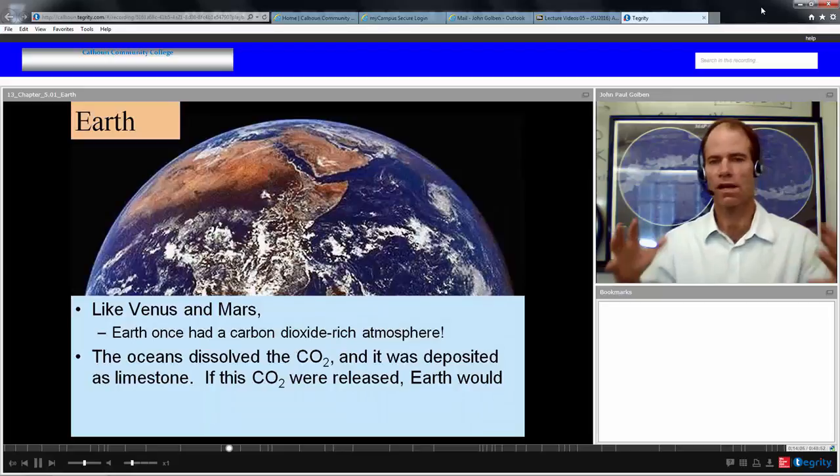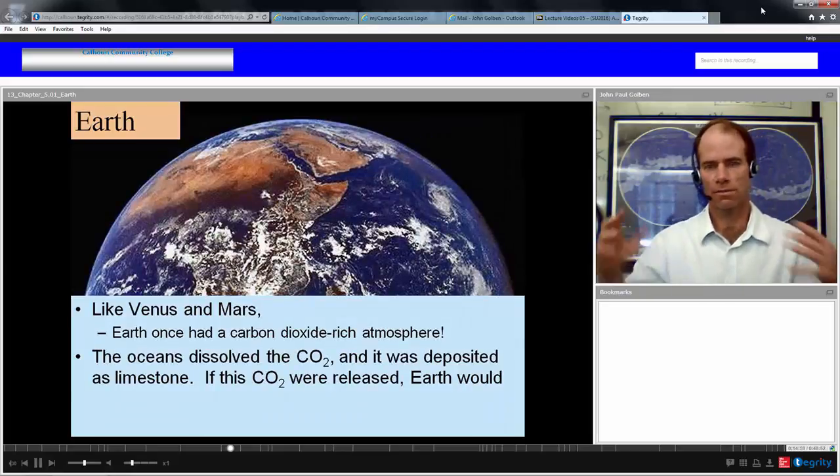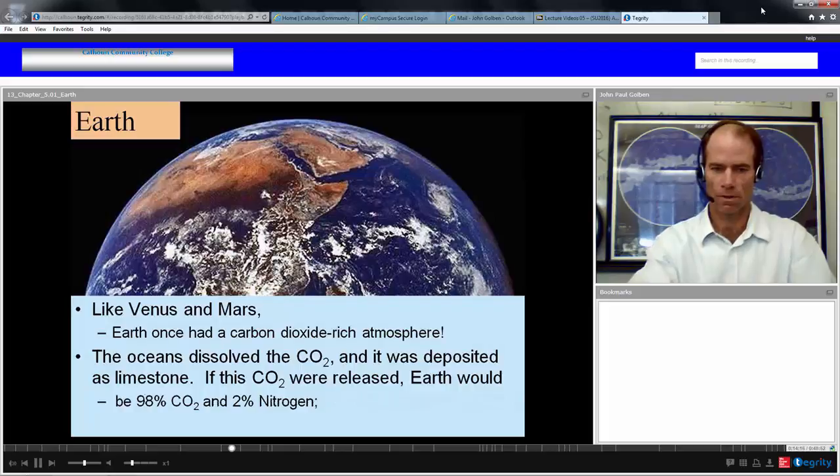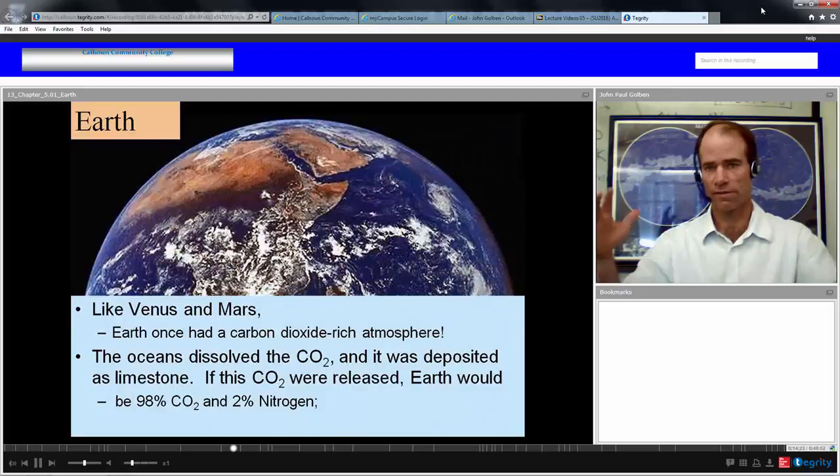So there's a lot of limestone around the Earth, and if all the CO2 in this limestone were released from centuries past, Earth would actually be 98% carbon dioxide and only 2% nitrogen. That 78% nitrogen would only comprise 2% of this new atmosphere, which would be 98% carbon dioxide